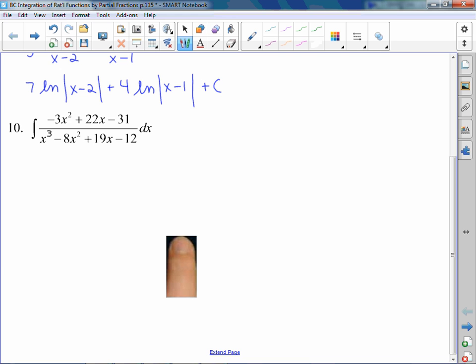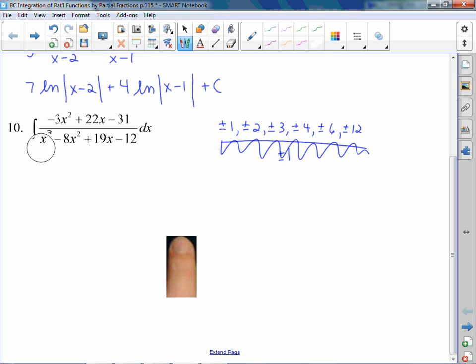What we want to do is get our possible real zeros, which are the factors of 12 over the factors of the leading coefficient, which is 1 in this case. And you just put plus and minus with all of them. So plus and minus, the factors of 12 are 1, 2, 3, 4, 6, and 12, all over plus and minus 1. So the nice thing is that these are all of our possible zeros that we're going to try